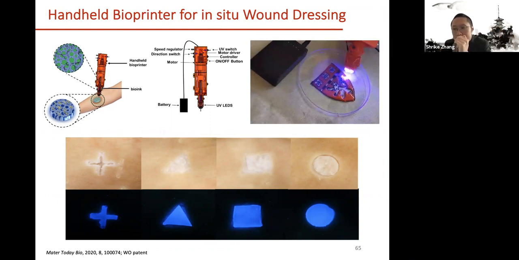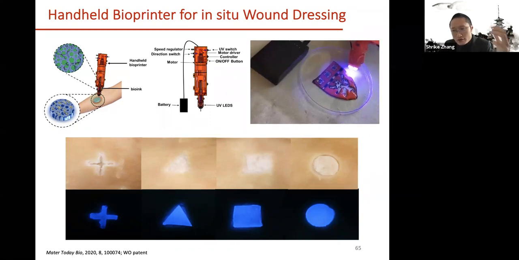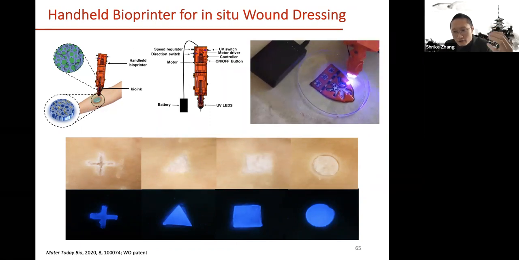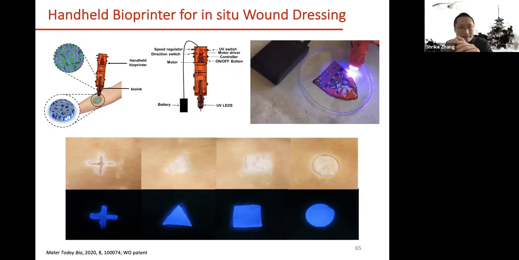Again, the rationale behind this is that sometimes you have a wound that needs rapid dressing, and the wound is usually not uniform, or is heterogeneous, right? So if you can have a handheld bioprinter that you can directly hold in your hand to print according to the shape or structure of your wound, that's going to be quite desirable